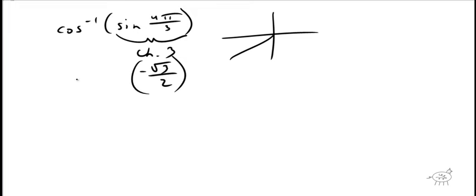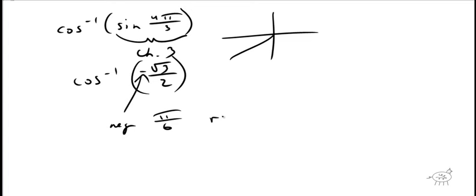Okay, and then you do the inverse cosine of that. Remember what I said to do is look at the sine. That's easy. It's right there. So it's negative. What is the reference angle? So the cosine of what is root 3 over 2? Well, isn't it pi over 6? Right, 30 degrees. And then you have the negative. So negative pi over 6, and then I